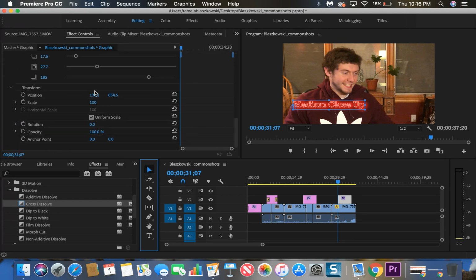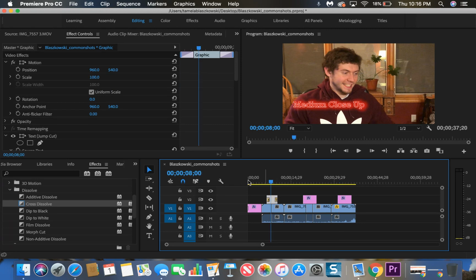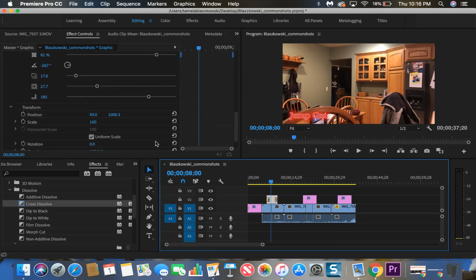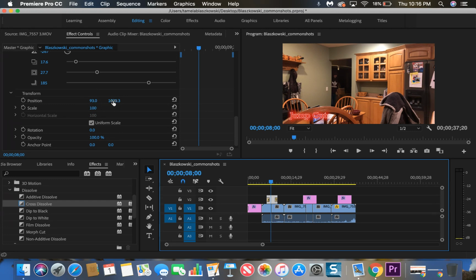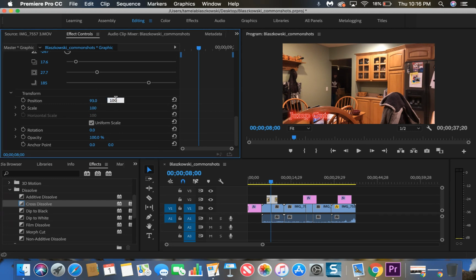You can also set the position without adding a keyframe, and you could copy this position and paste it to each of them. So say the first one is a text box position of 93 and 1000. So say I want 1000. And position 1000. So 1123.0. There, brings it back down. And 93 is in that spot, right? I can copy this transform,